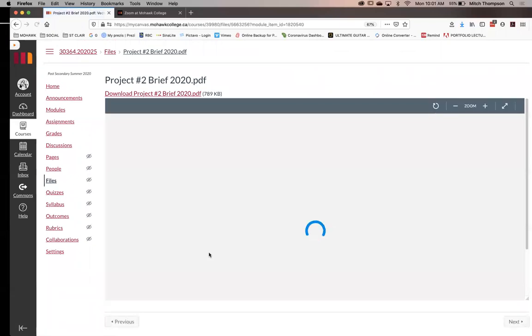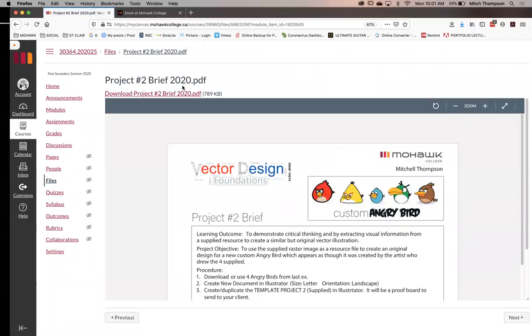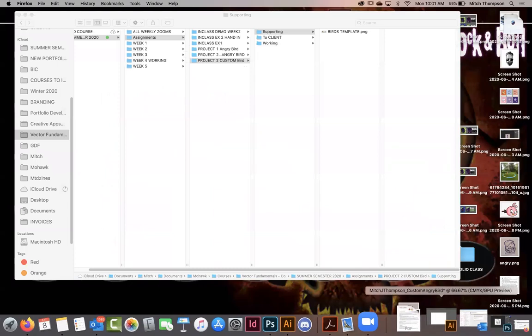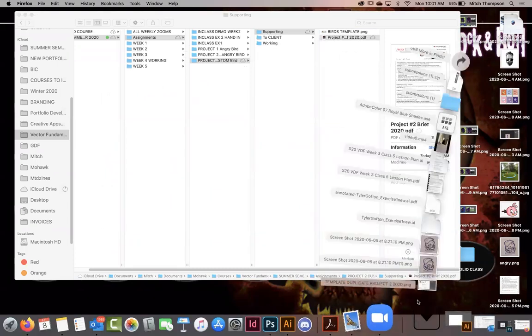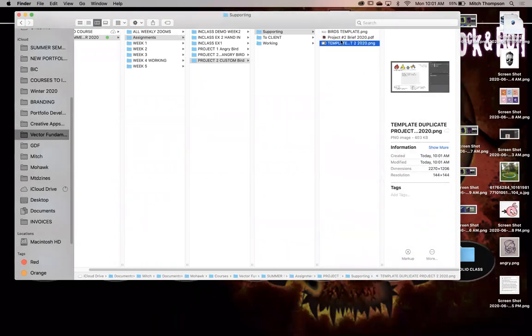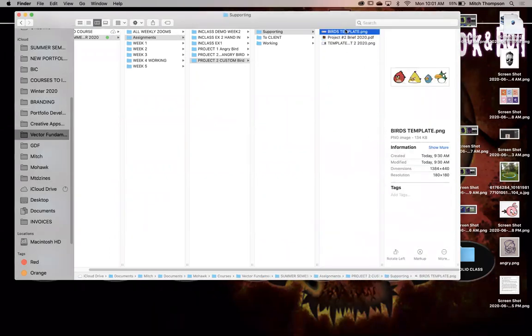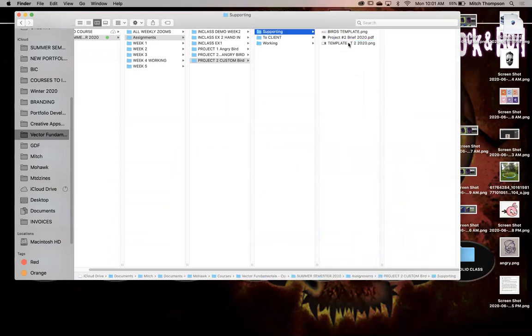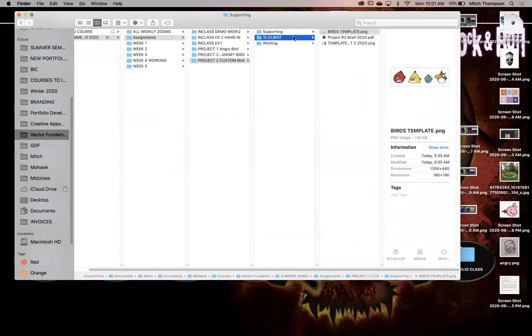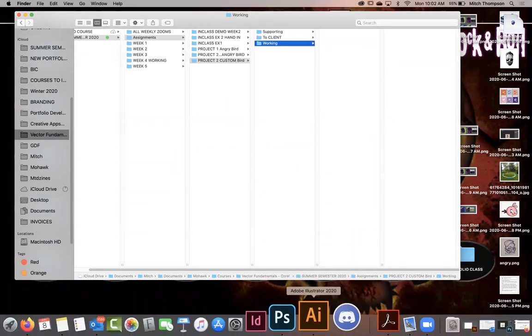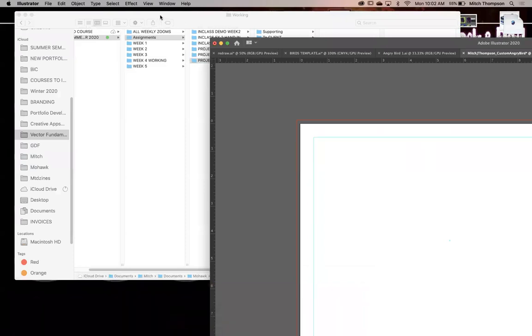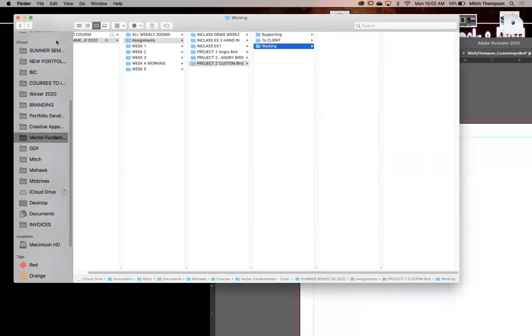I typically, again, think we rely too much on this stuff. So I'm going to go in, I'm going to download. I grabbed the instructions, took a step back, and I downloaded them. And then all I'm going to do is put that in there. And then I'm going to put this in here. So now I've got my template, I've got my instructions, everything's here. We're ready to rock and roll. So good stuff. And then we have the client and then working. So that being said, we're good. Is everyone okay with that? You've got basically what you need. You can shout out if you want.